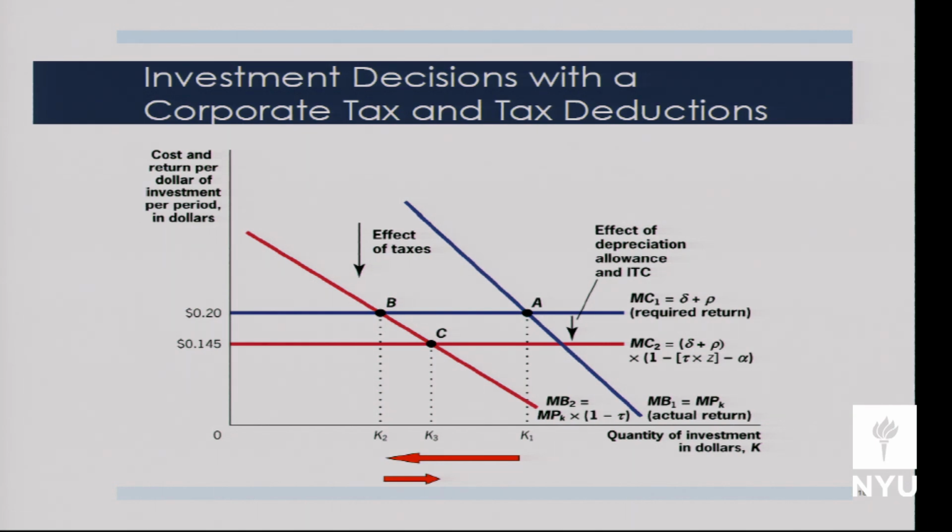What's a good Z to guess? What's the high? We need Z to be really high. What's the highest Z can be? Which is expensing. In the case when we allow for expensing, and we have an alpha greater than 0, so any investment tax rate at all, we'll get more investment than we did in the no tax equilibrium. We'll get a K3 greater than K1 in that case, because the effective tax rate will be negative.